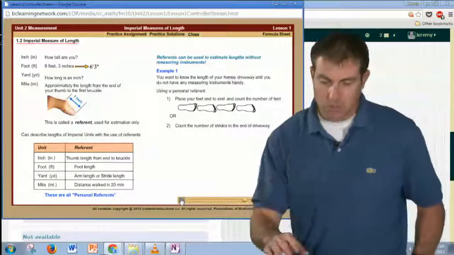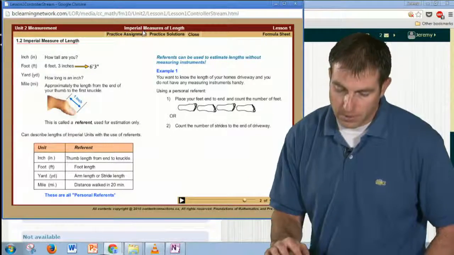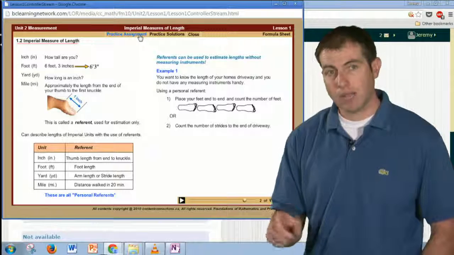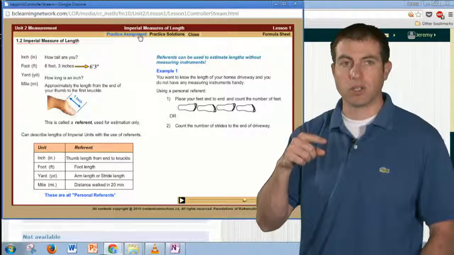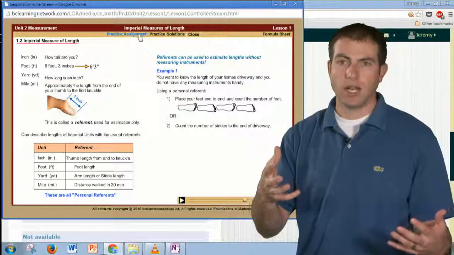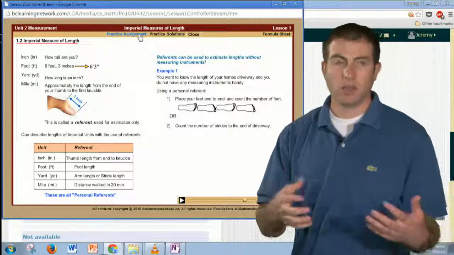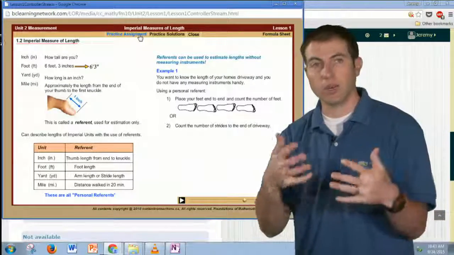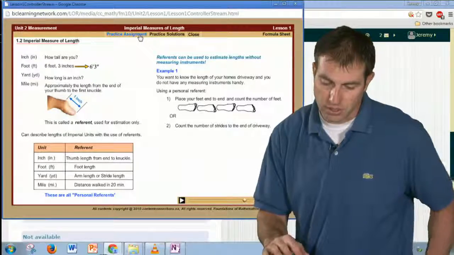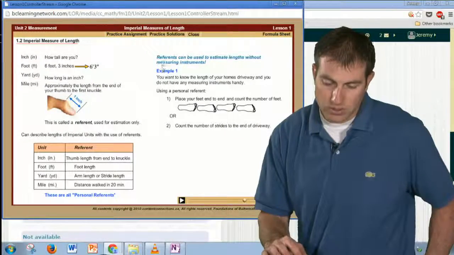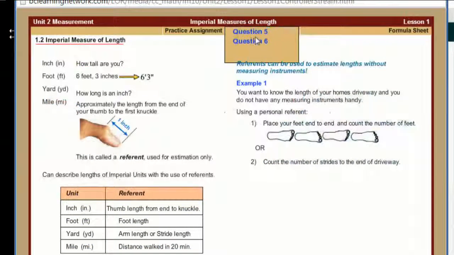You can see up at the very top of this as well, there's a practice assignment. The practice assignment is what I've already included in the course. Those are the questions we're going to go through for homework or during the lesson. You can see here practice solutions. So the practice questions are going to have these solutions. Well, not all of them, most of them. The trickier ones are going to have solutions.